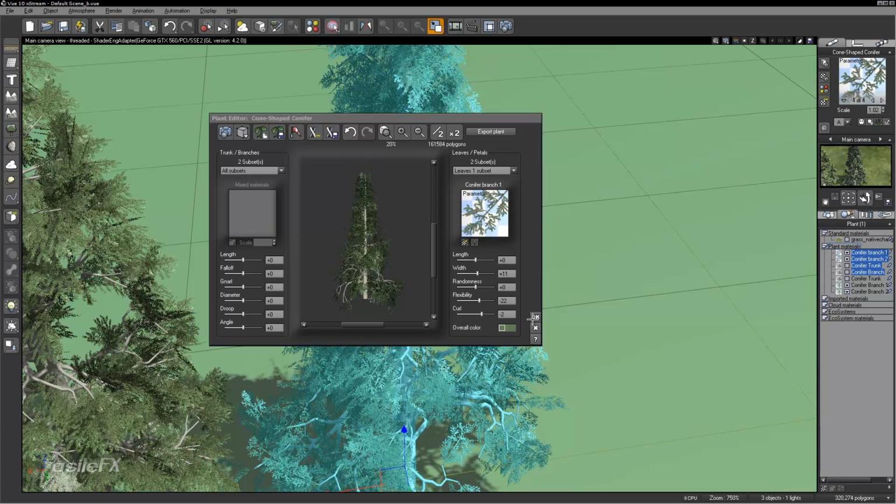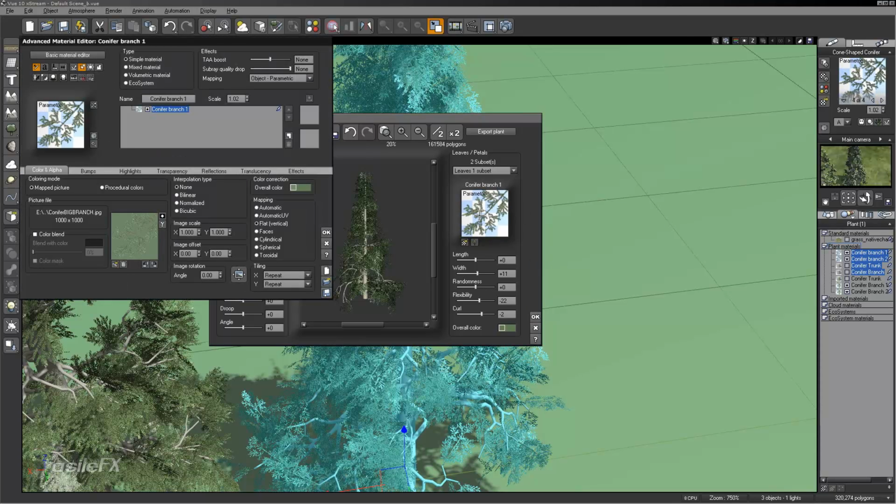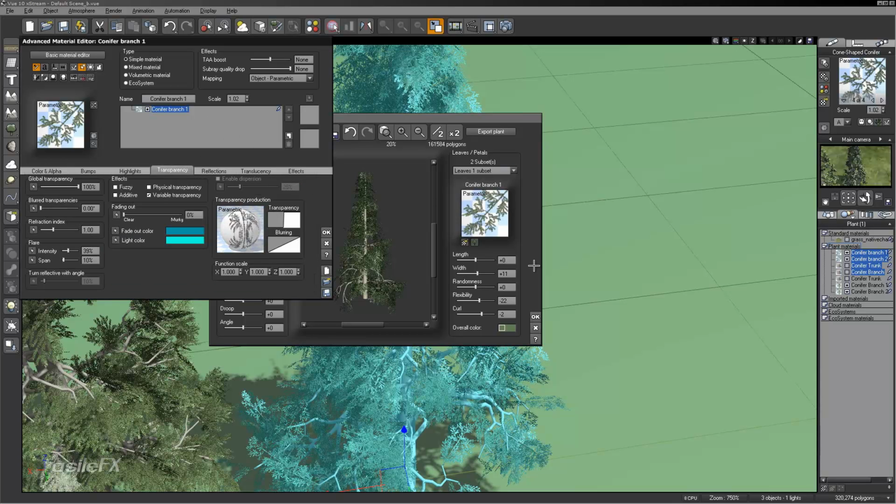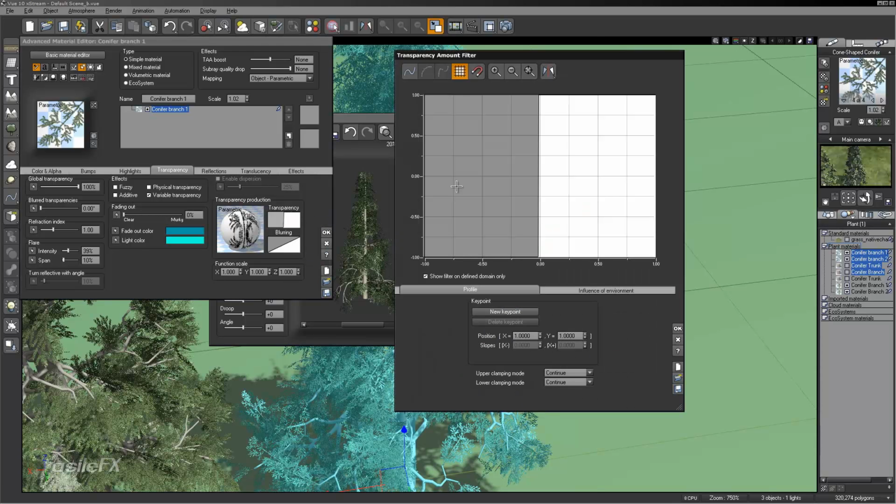So it really doesn't matter where we edit this, unless you're having issues with OpenGL updating. If you're creating custom plants, sometimes it's best to go through the plant editor. Now, what we're going to see in the transparency filter is that it is clipped towards the center, and